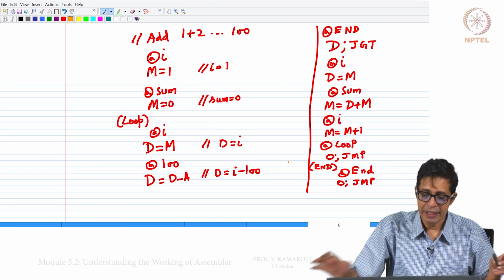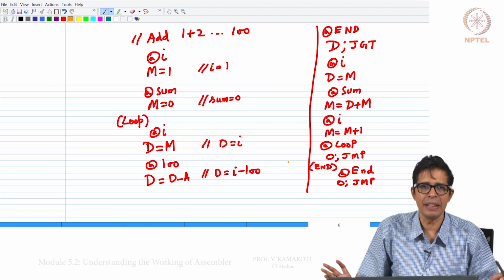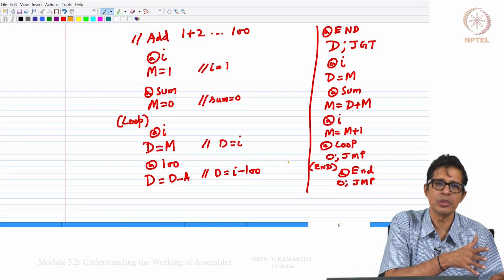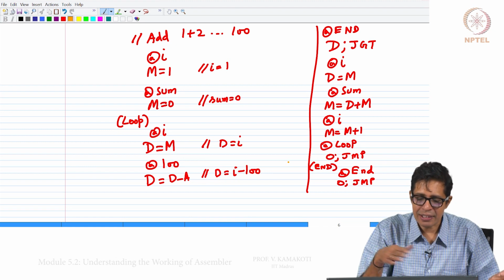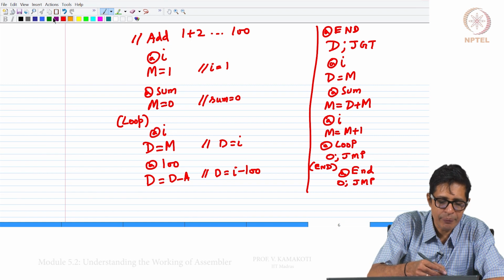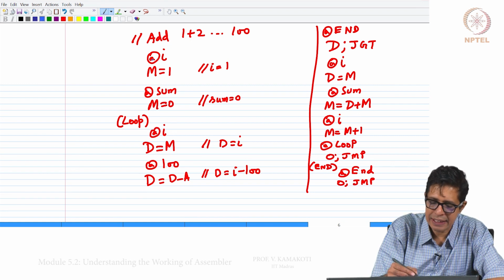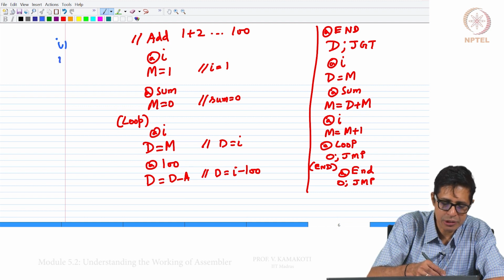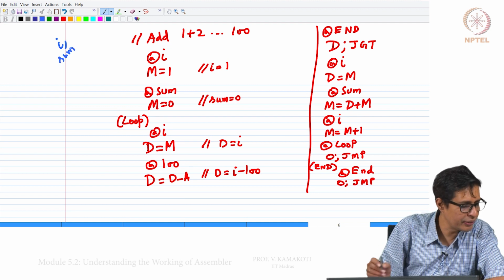Now, these instructions are going to be in the instruction memory, the ROM 32K, and the data that it is going to use. What are the data here? For example, I is a data, sum is another data, at least two data points that we are seeing.